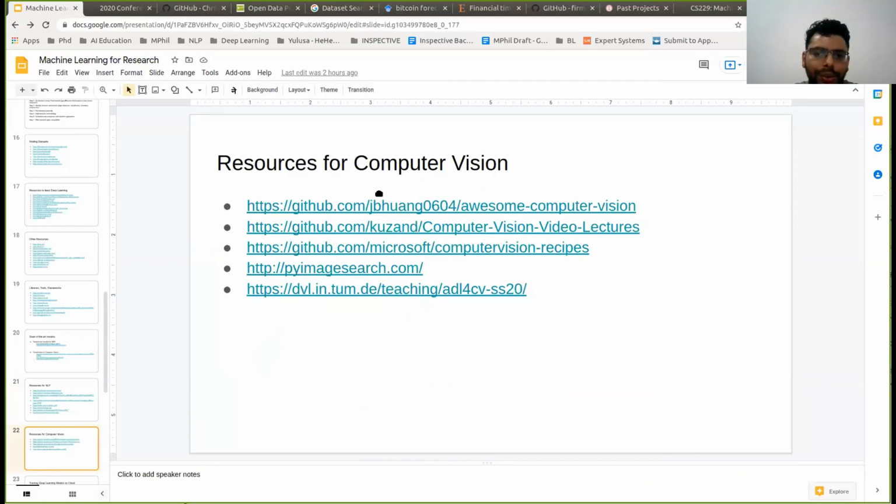And also if you want to know more about computer vision, and maybe advanced computer vision, you can follow these. Some of these might be a bit advanced and you might not need all of them, but if it's your interest and if there is something that you're trying to do, you can go with these resources and try to get some knowledge on them.